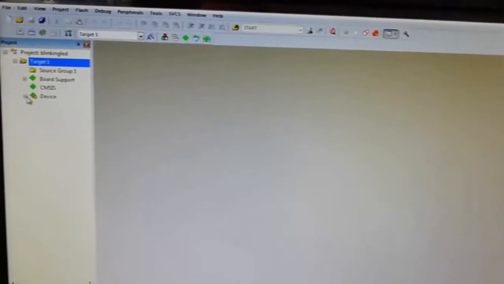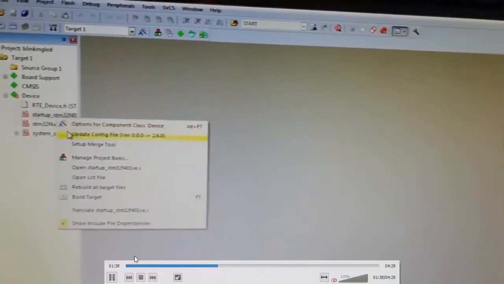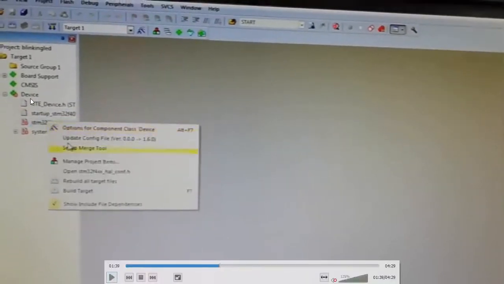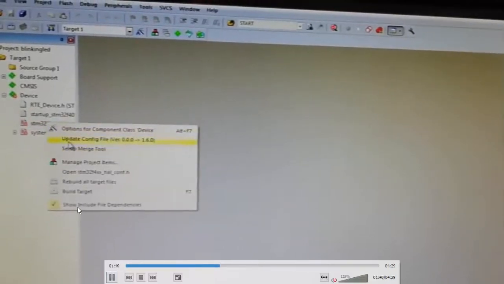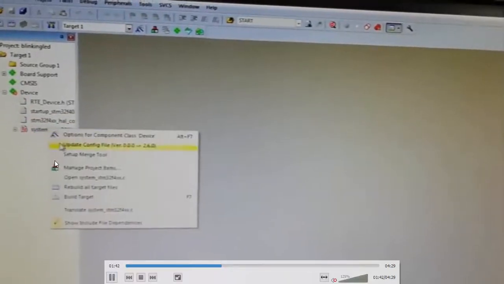Once it is done, in your target you can find the board support, devices, everything. Next, select the startup, select the devices. Select the target, go for the device, update the RTE device, update the startup, then update the STM.